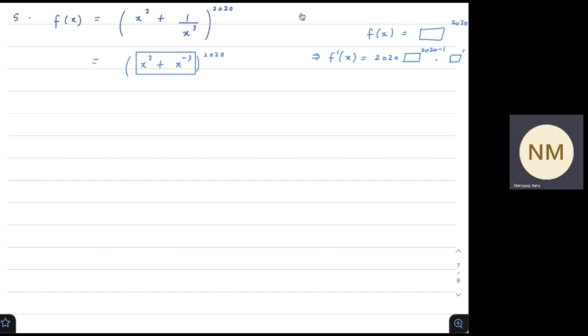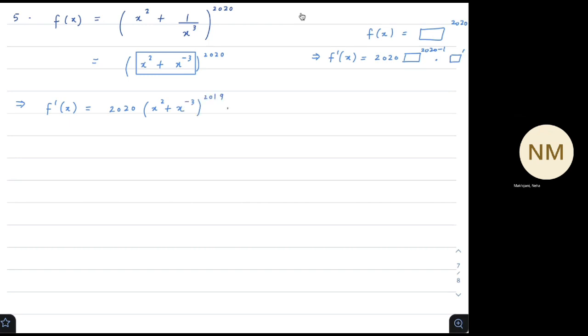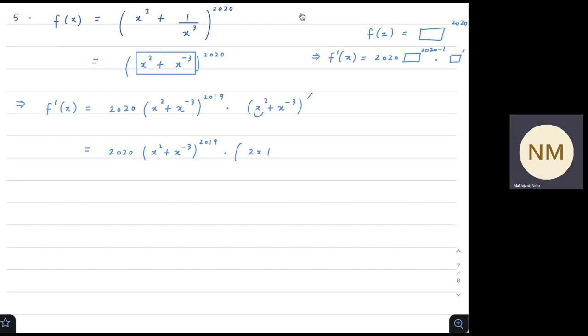Let's find it real quick. Derivative of x squared is 2x. Derivative of x to the negative 3 is negative 3 x to the power negative